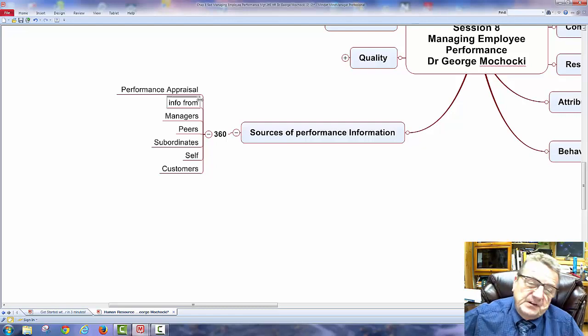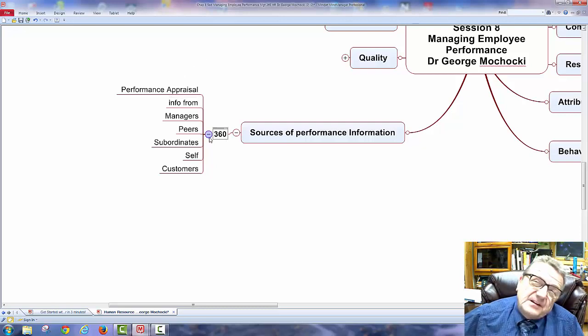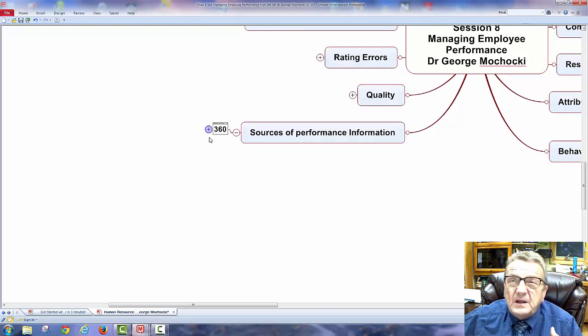That's where the 360 comes in. It has this plus, it has this negative. It's here to stay, and to me, I'd rather hear from everyone else how I'm doing. It keeps me honest. Just be careful, depending on the function the individual is doing. Some people, if they didn't get their way because they didn't follow policies, may give the individual a negative 360 review. So you have to look at the total individual and the total picture.